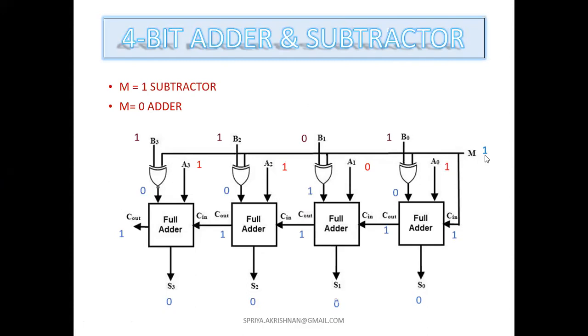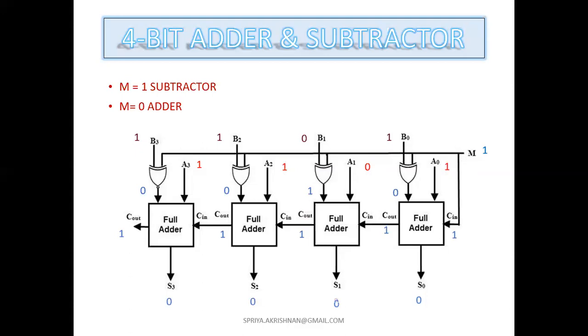See, my M is 1. So it's very clear, if M is 1, it will act as what? It will act as a subtractor. Yes. So M is 1, so the same 1 is applied to the input also. Then in the A terminal, I applied 1, 1, 0, 1. Then let us see what is applied to the B terminal. B terminal is also 1, 1, 0, 1. So A is the same number and B is also the same number.